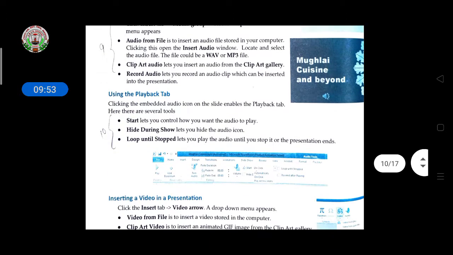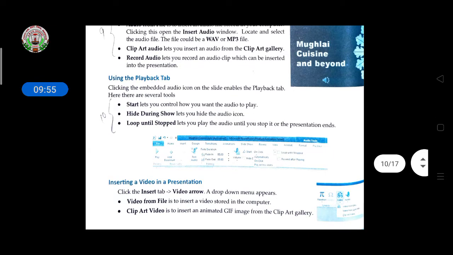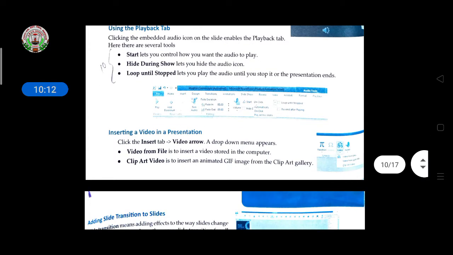presentation. And it is given here also, using the Playback tab, clicking the embedded audio icon is given there. So if you want to play, or hide during the show, or loop until stop, then it is all given there in the layout. While giving the presentation, at that time you are able to play, pause, or stop that particular video or that particular